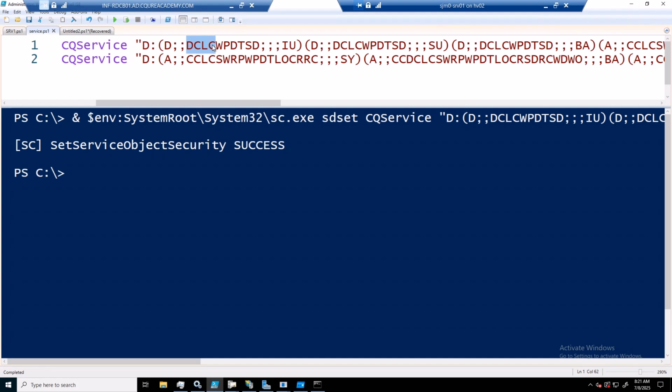And the DCLC, that's also an interesting statement, because over there, the DC is actually something that, in the service world, is delete child. So DC is basically to delete child, and that's the permission to delete all the child objects within the service. All right, but then the LC is an interesting one, because LC is the service query status, which is a